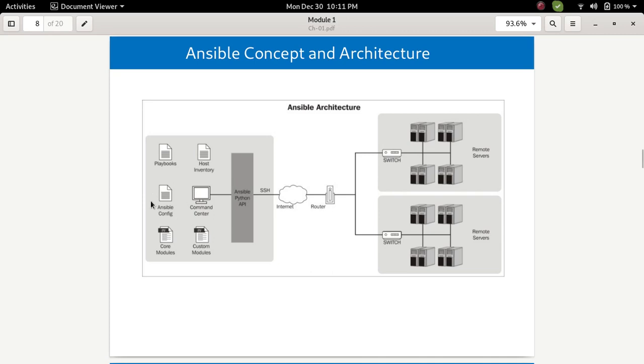It will read all those parameters, like your inventory file location and your module location, and then it will execute your plays over SSH to these servers, and these servers will be configured as per the desired state of your playbook. So this is the very simple